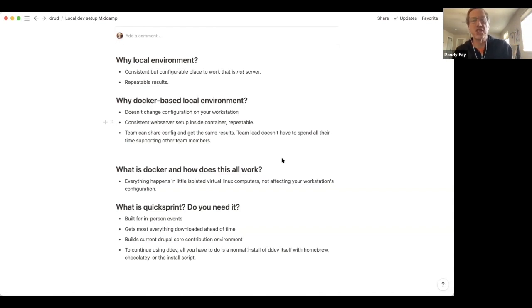People who have a shared dev server or who work on a live server, they never know what they're working against, because, well, their colleague might have already changed something. It's a very bad situation.